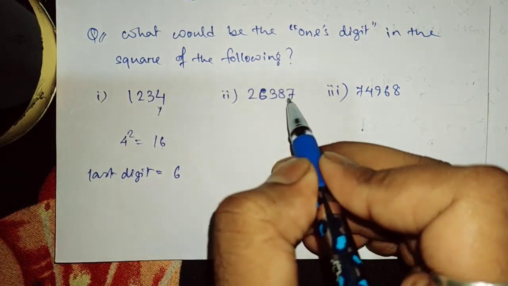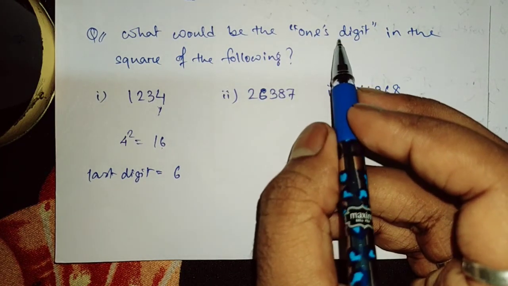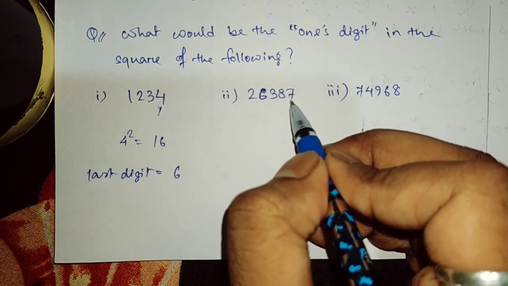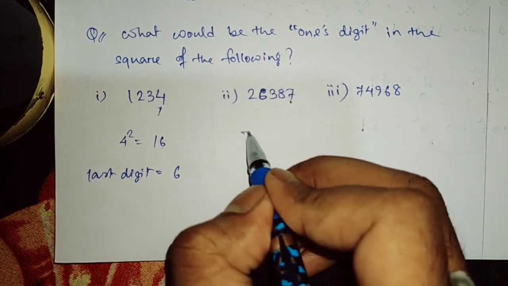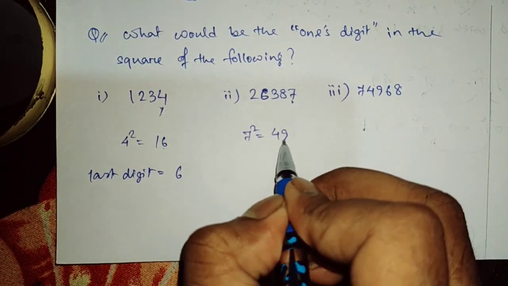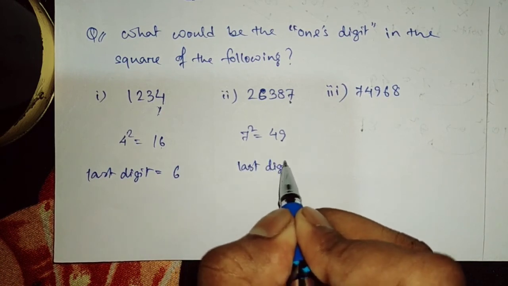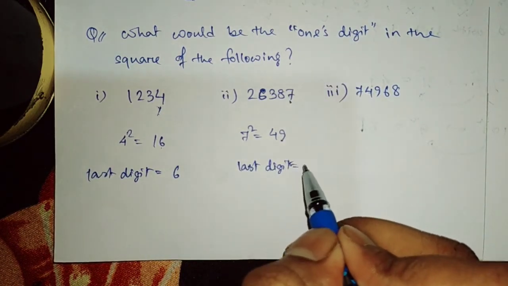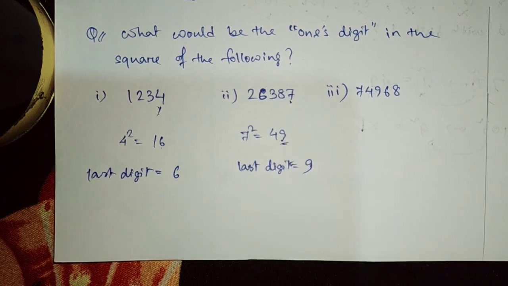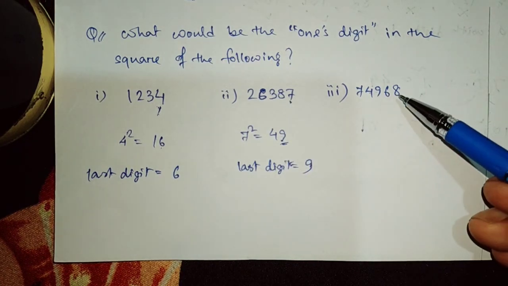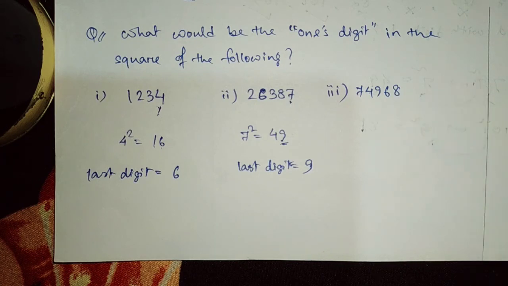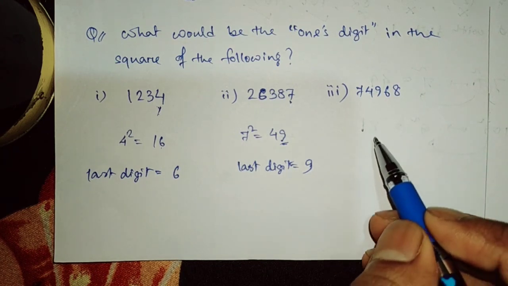In this case, what will be the ones digit? We take the square of 7. 7 square is 49, so the last digit, or ones digit, is 9. In this case, just by looking at the question we can say the answer. We don't have to do all this. Now we talk about 8. 8 square is 64. 64 has 4 in the last digit, so our answer is